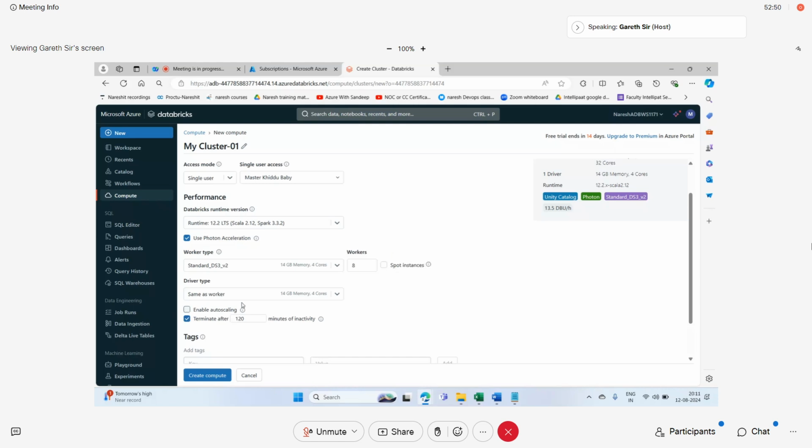With auto scaling, it will automatically launch new nodes to my cluster to give the best performance to my end users, and also to fetch, execute, and load the data into it. Fine. So I'll say here 2, and then I'll say terminate this cluster